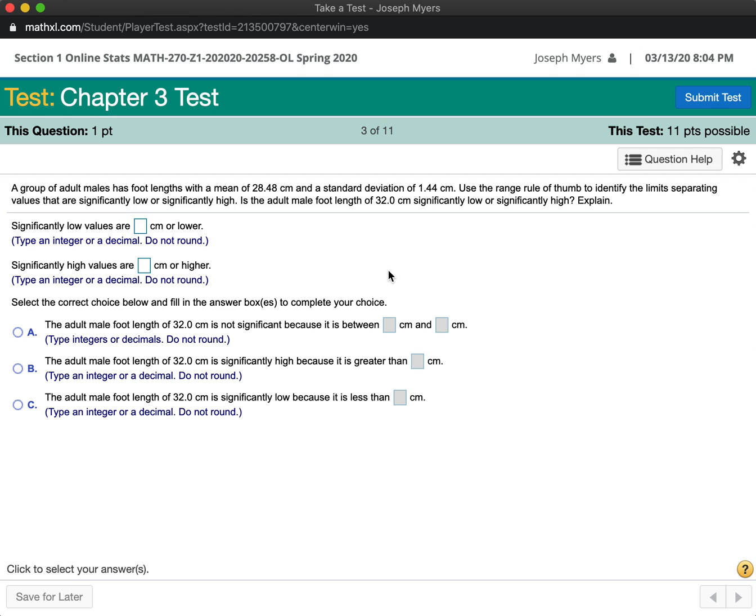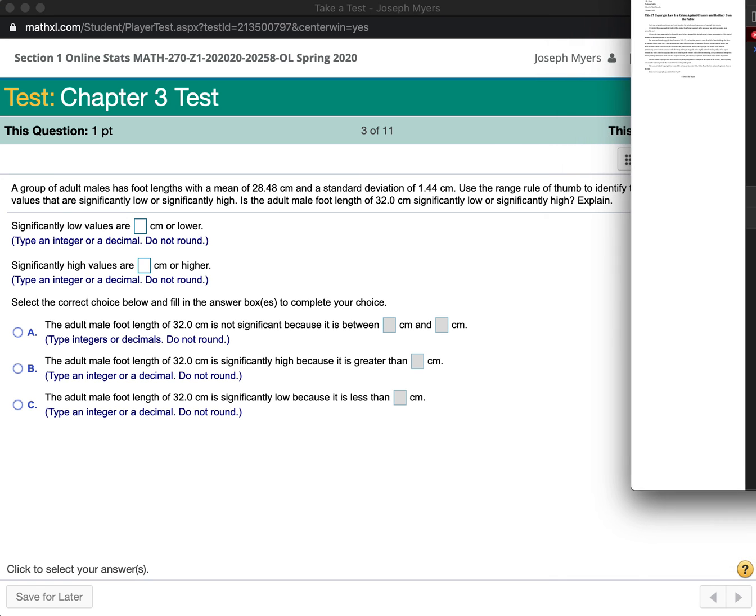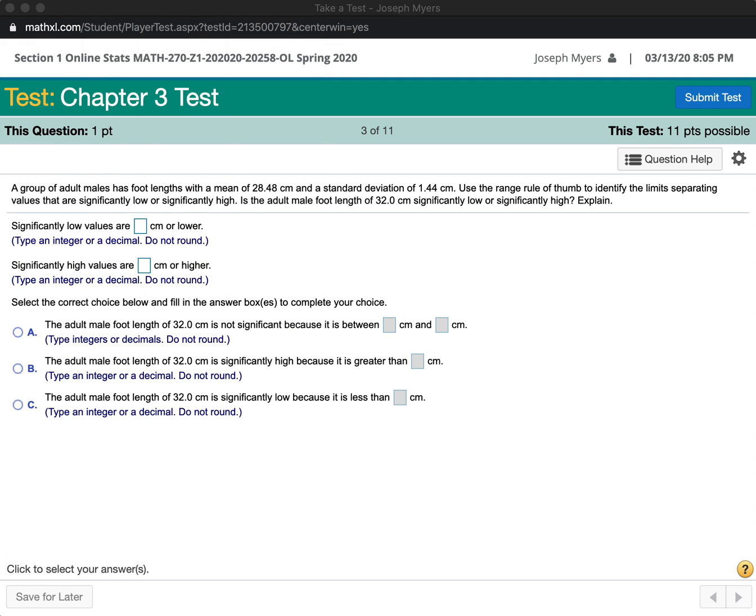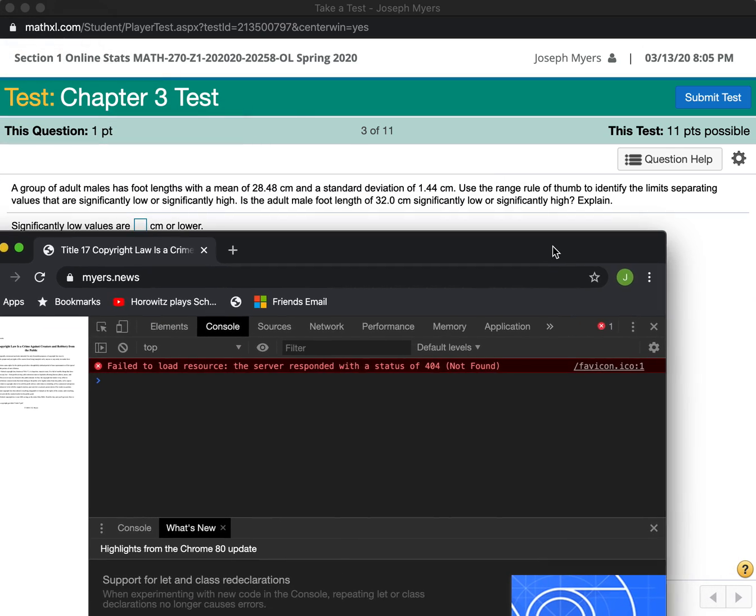Okay, the range rule of thumb is that the range typically tends to be close to 4 standard deviations. And 2 of those are above the mean and 2 of them are below the mean. So if this is similar to a typical example, then okay, so the low value normally would be close to the mean minus 2 times the standard deviation. So that would equal